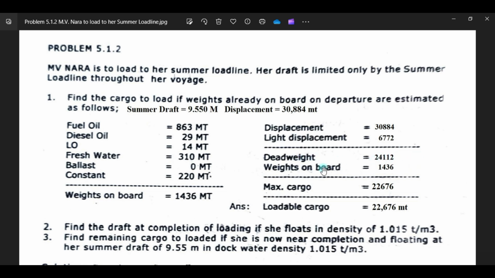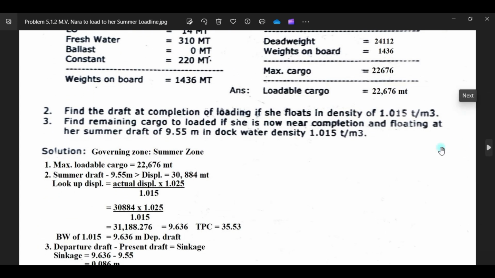From the deadweight, you subtract your weights on board of 1436, then your maximum cargo will be 22676. So the answer, or how much maximum cargo to load, is 22676 metric tons. Okay, and number 2.